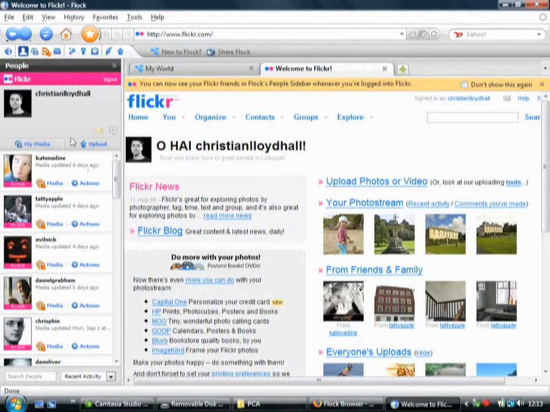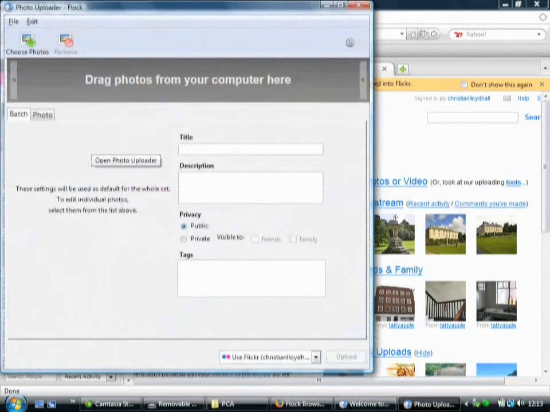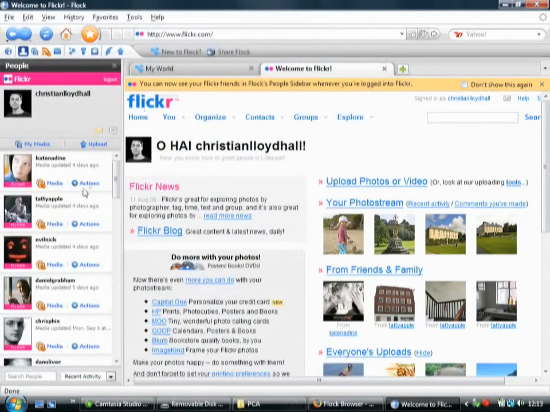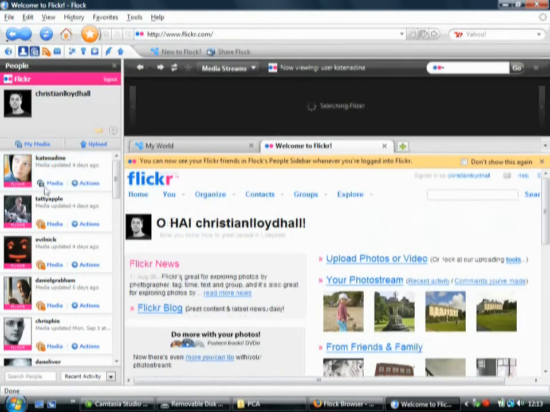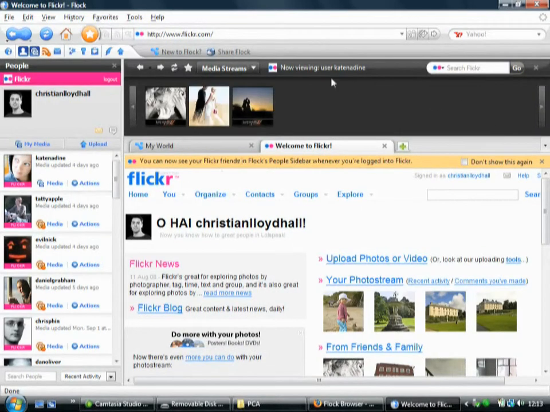And this is a one-stop shop, of course, so you can actually choose to upload a new picture there, or we can view other people's. We can view their profile, or even send them a message. And media, of course, will bring up this media stream bar. Now this is one of the central parts of Flickr,